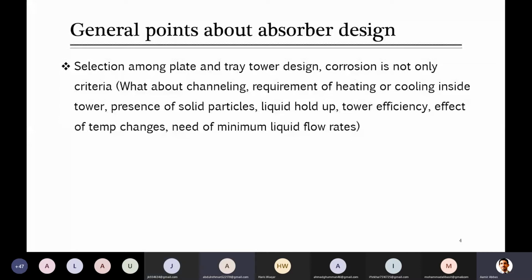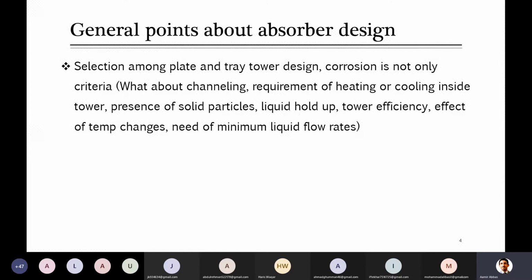Yes, sir, definitely I guess tray. The tray tower is more flexible. Yes, exactly, good. Inside tray towers, maybe you can put tube bundles between the trays. So when vapor is coming in contact and moving from one tray to the other, it can contact those tubes, and maybe you can provide heat or you can cool them. So it is quite easy in those cases as compared to the packed tower design.